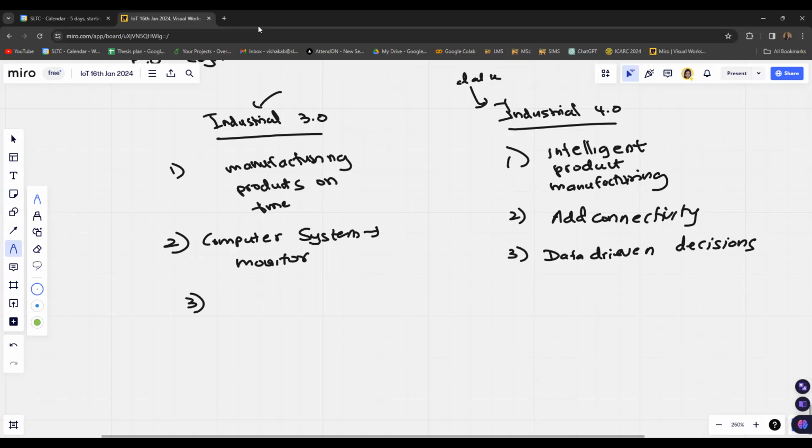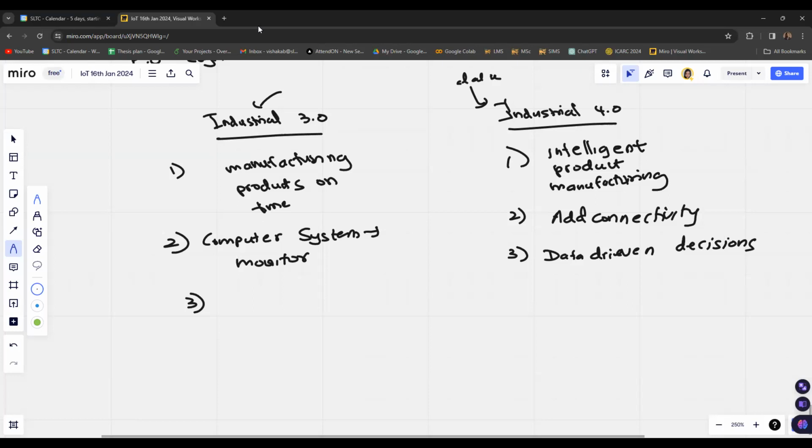So intelligent decisions are made with Industry 4.0, while in Industry 3.0 we have static systems which cannot really interact with a lot of components in the network. So Industry 4.0 is basically about enabling communication between every device in the network in the local area, such that connectivity is prevalent between the network devices in Industry 4.0.